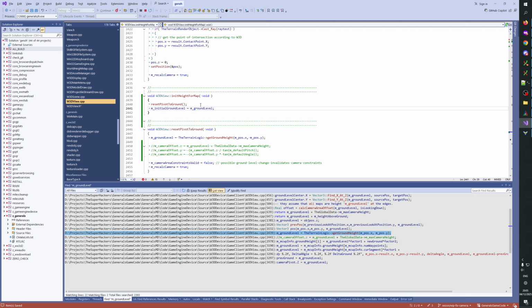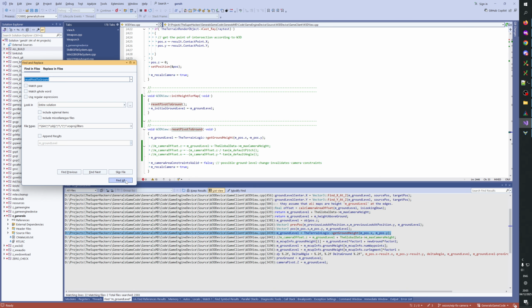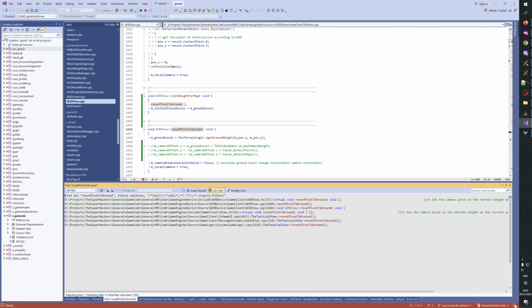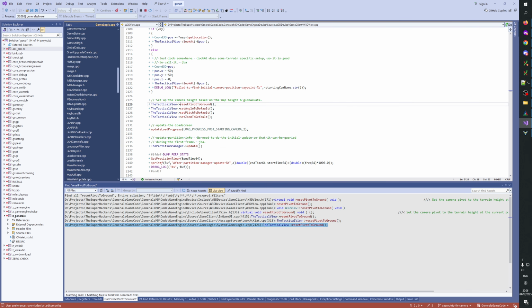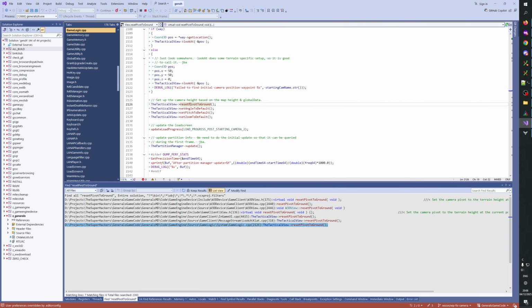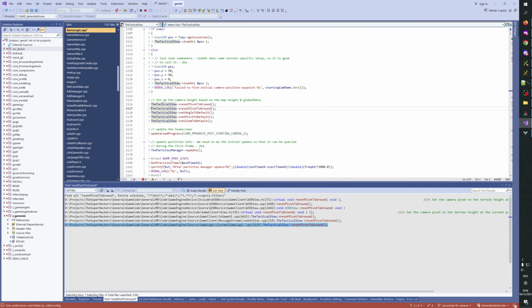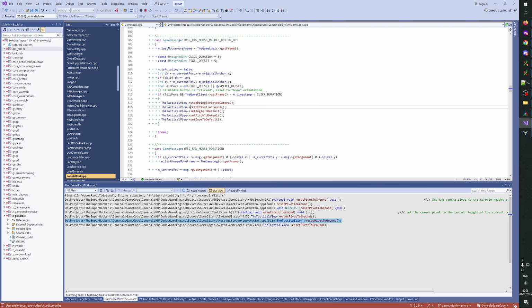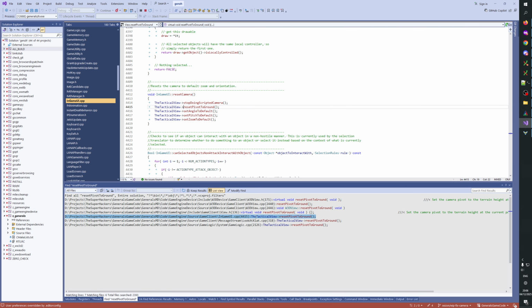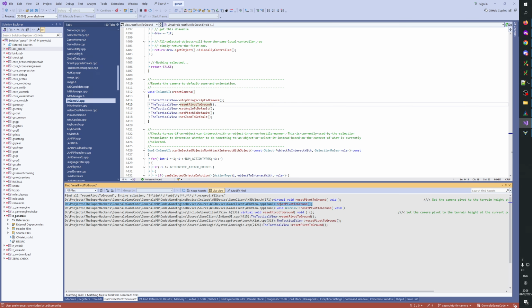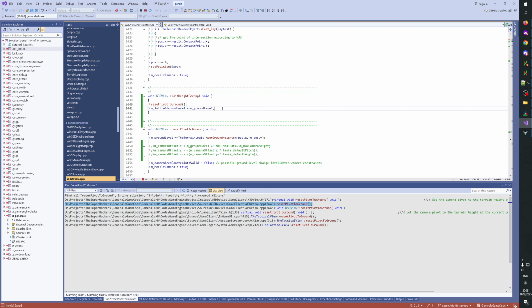Okay, and now there will be some place this one is called at. Here, game logic, so set up the camera. So we make a copy of this and put this in here, and then I think that will be it. Okay, so we save the initial ground level, and then in the function to get